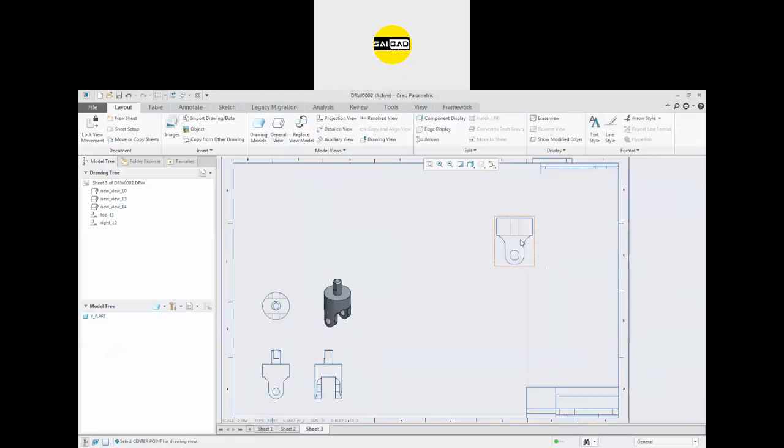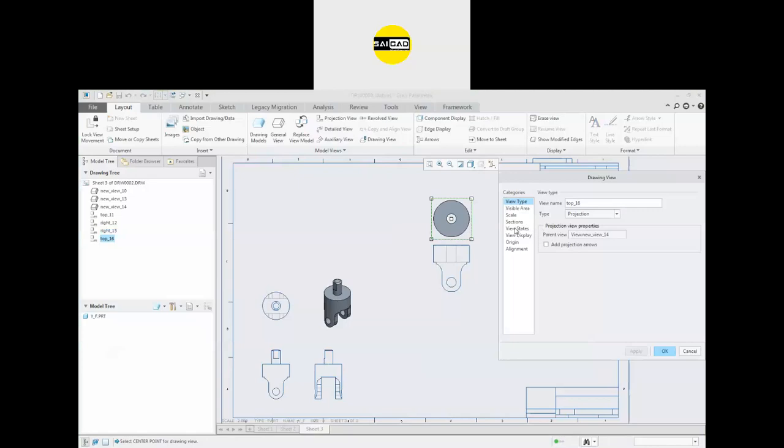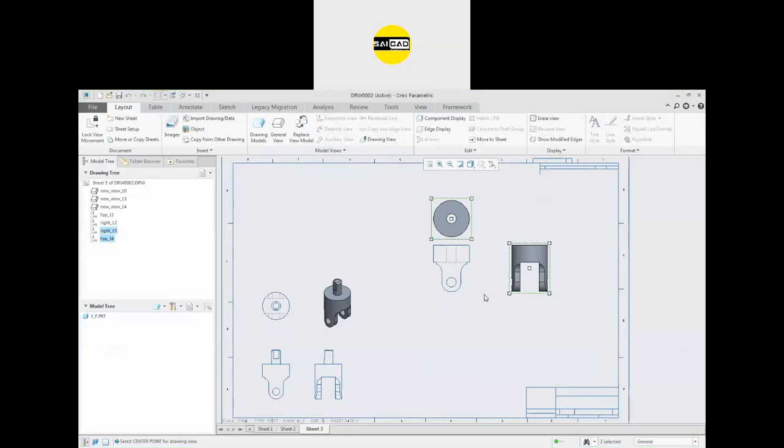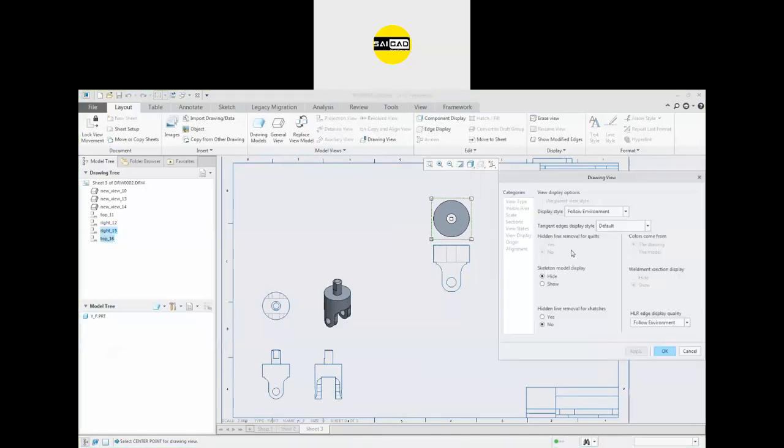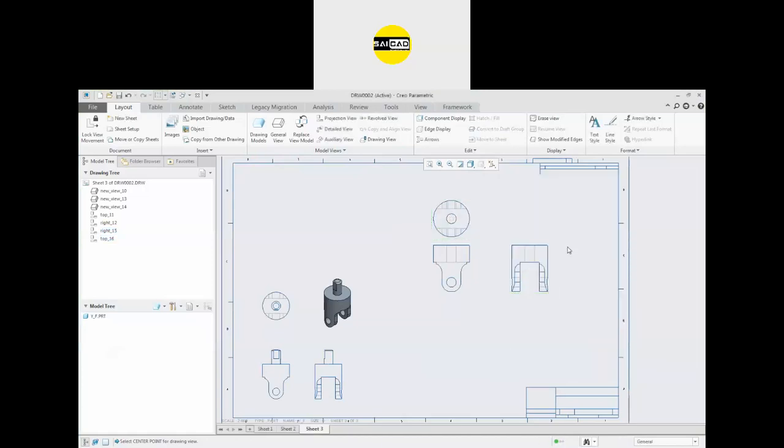We have the second object like that, again created projection. Okay. So like that you can now create this one.